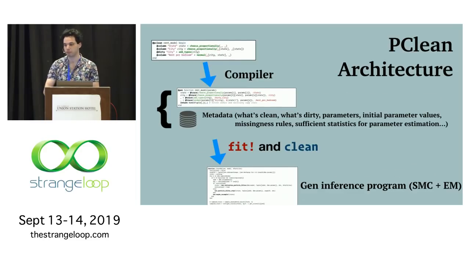We're using several of the building blocks together to create an inference program that combines sequential Monte Carlo and expectation maximization. It's something that Gen calls programmable inference. And there was another talk at Strange Loop yesterday by my colleague Marco about that, so feel free to go online and look. It explains the new programming constructs that enable the expression of these kinds of inference algorithms.